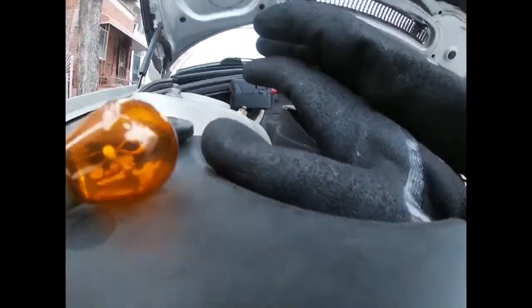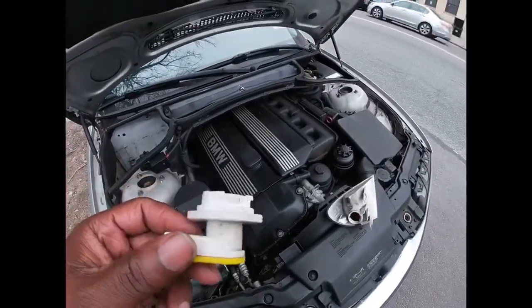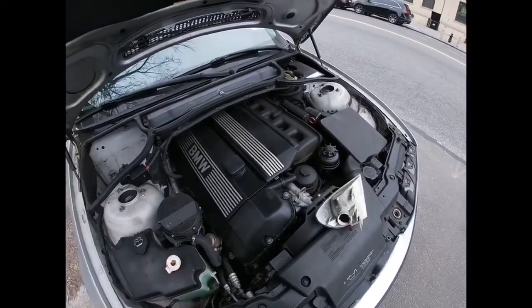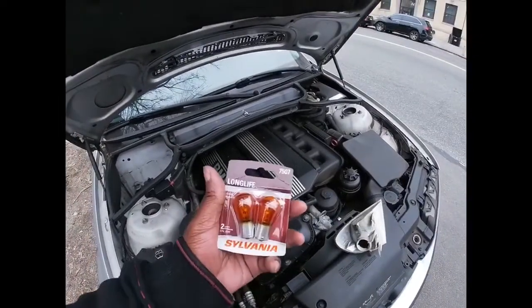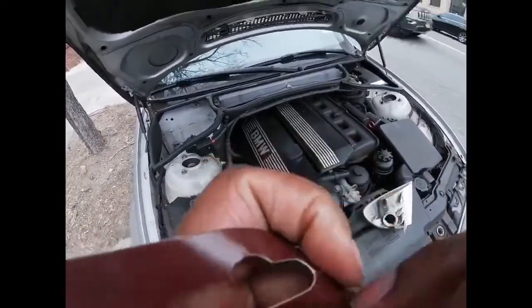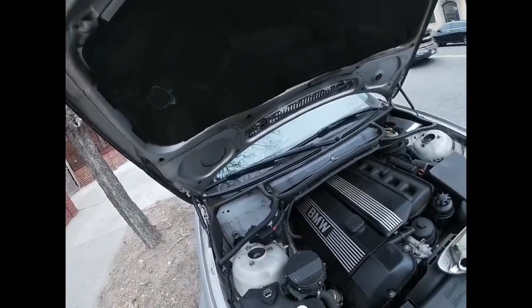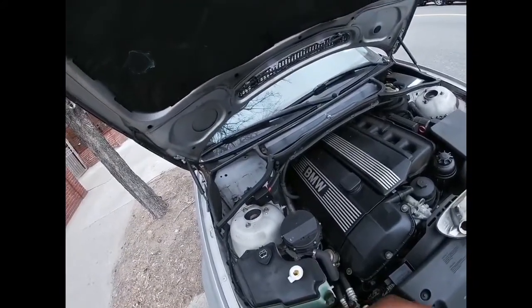And I struggled to get these white parker lights out, but they weren't the right fit, so I had to step off and go buy the actual pack, which was about $7 and change. $7.40 something, and they sold me the wrong ones before, which I kindly scolded the guy about while I was getting this new pack. So yeah, you're gonna see me bust this open,